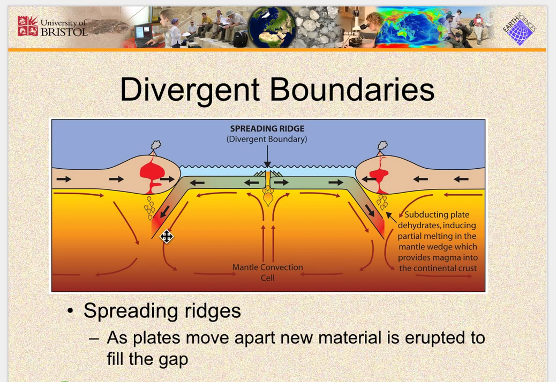So what you have is, because of the convection currents moving it underneath, two plates that are going to be spreading apart from each other. This is something that's going to happen very slowly over time. It's not like they're going to spread a giant gap in 5 years. This is something over hundreds of years. These plates are slowly moving apart from each other. And as they move apart, this new magma is going to come up into the space in between where